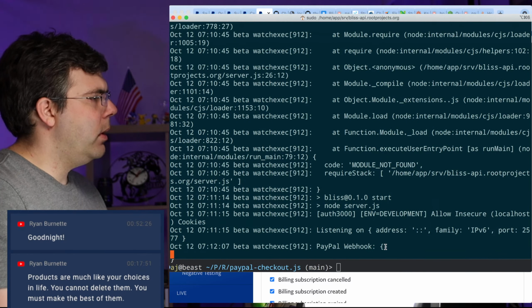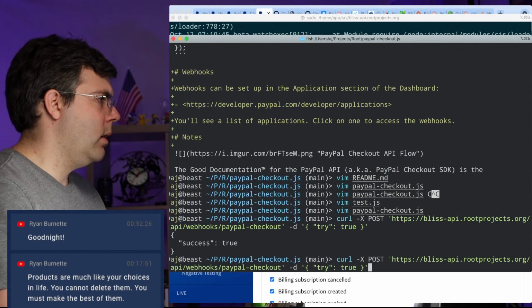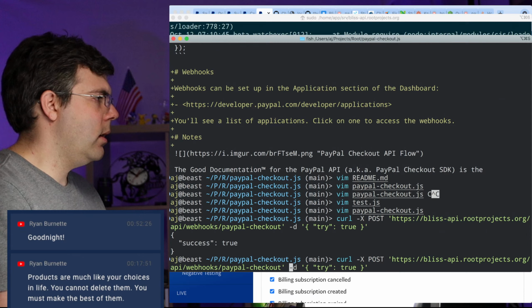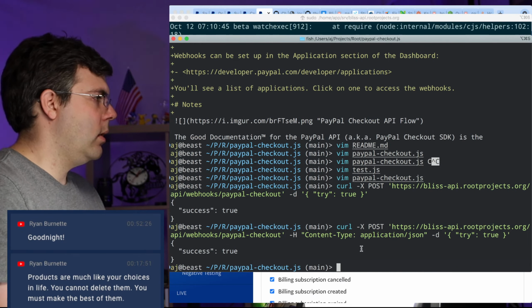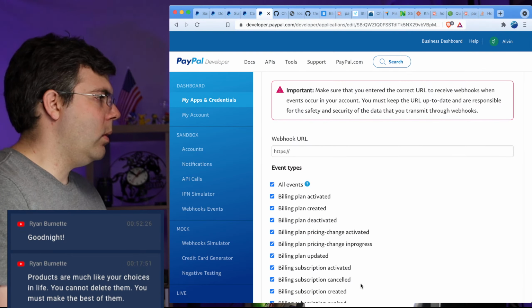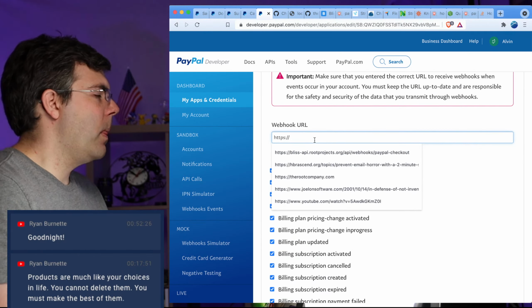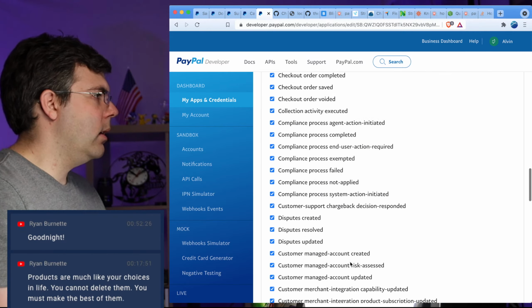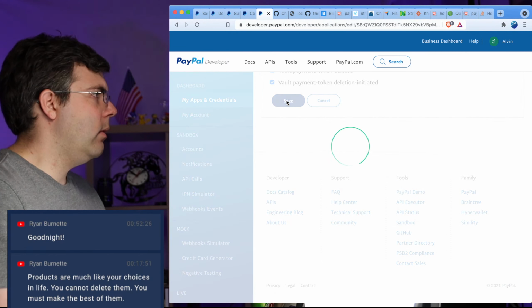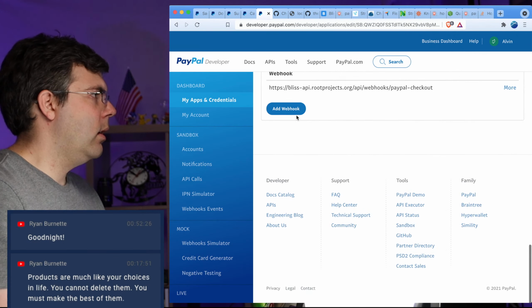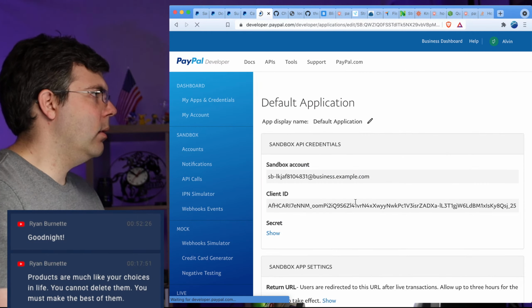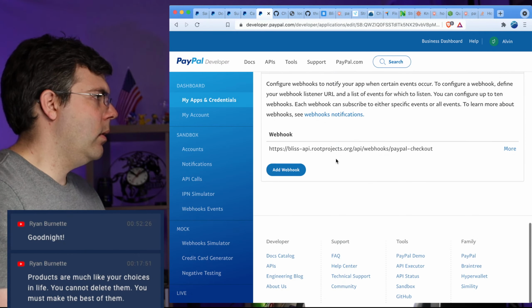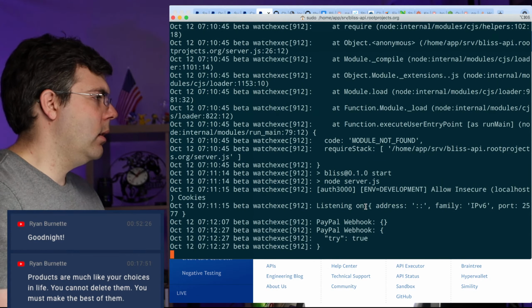PayPal webhook, but it's showing this as empty. Let's try with the header here. Let's put content type application JSON. So we get there. Okay, cool. So that's at least working. So I should be able to put this back in here and click save. And then let's refresh and see, does the webhook stay? Or does it disappear? It seems like it stays there.